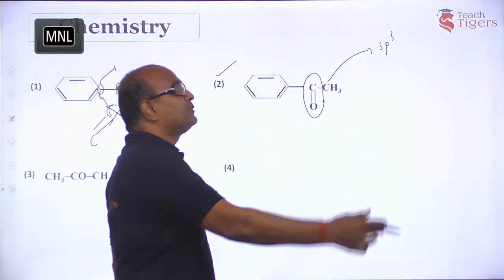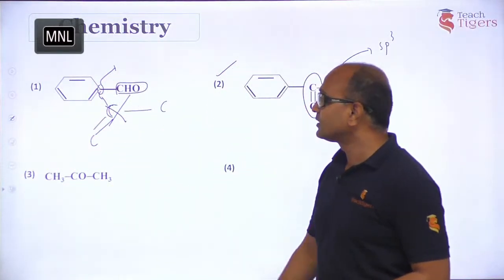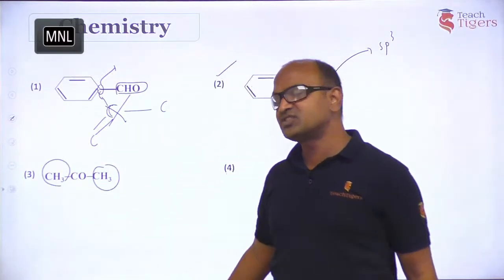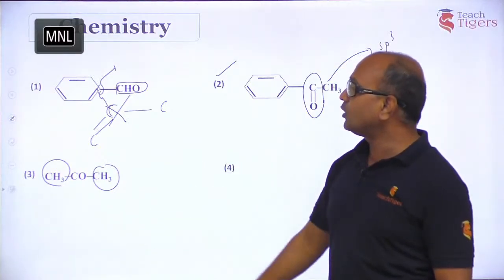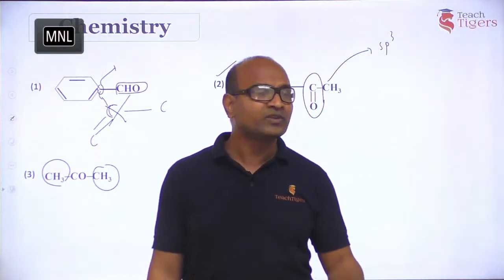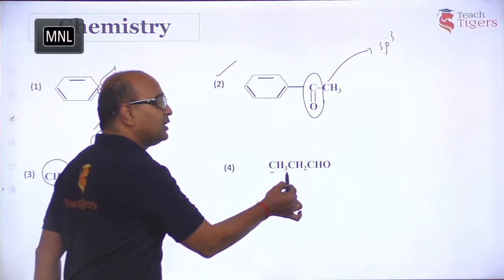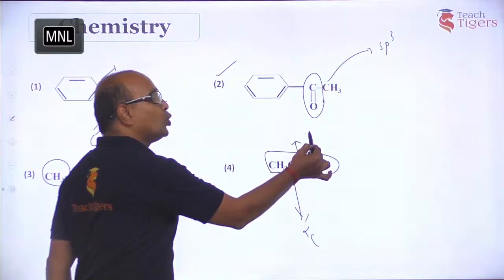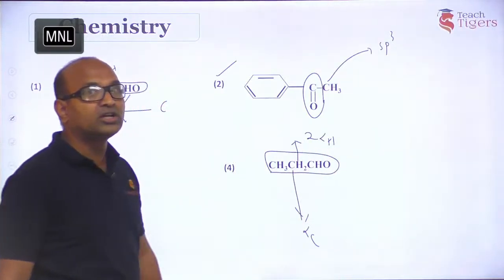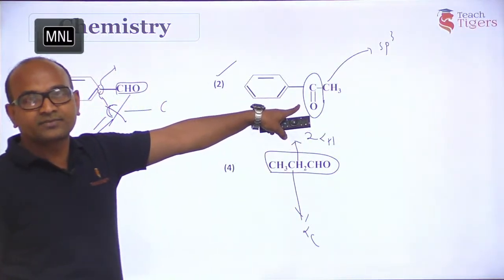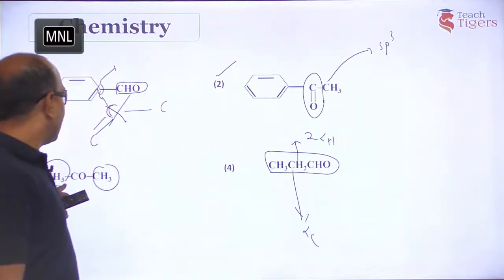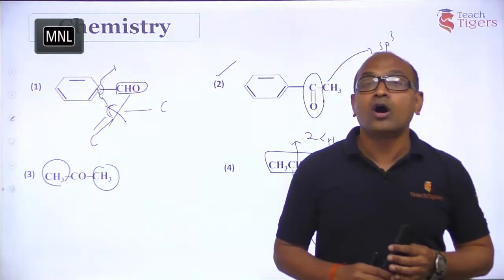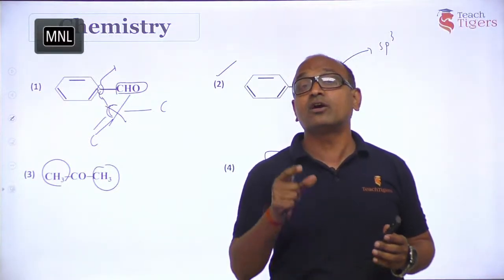Hence this is capable of undergoing aldol reaction. Now this has got 2 alpha carbons and 6 alpha hydrogens. So this is also capable of giving aldol reaction. Now the last one is propanal, which has got 1 alpha carbon and 2 alpha hydrogens. Therefore, all these compounds, acetophenone, acetone and propanal, are capable of undergoing aldol reaction because they have